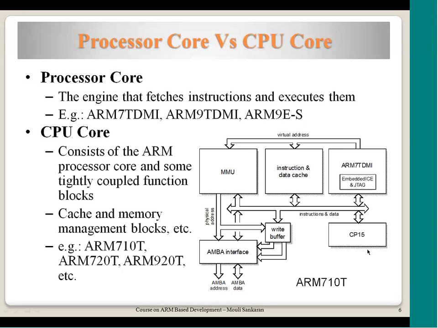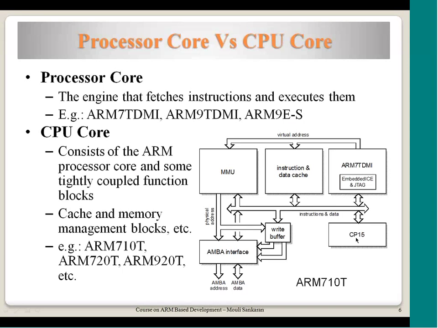So I hope this makes you understand the difference between a processor core, which could be ARM7TDMI or ARM9TDMI or one of them, and then the CPU core along with the different cache memory and other functions required in the SoC, which all combined together is called a CPU core. The other units used along with the processor core may not be from ARM. It could be from a third party,